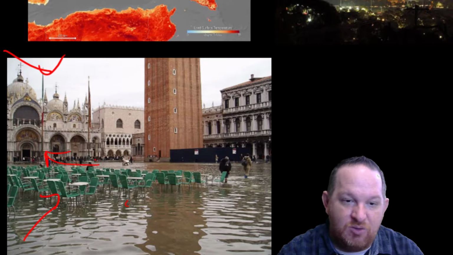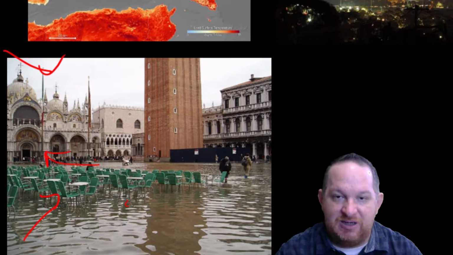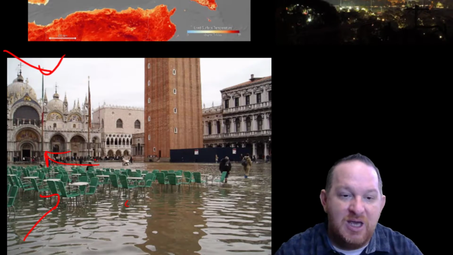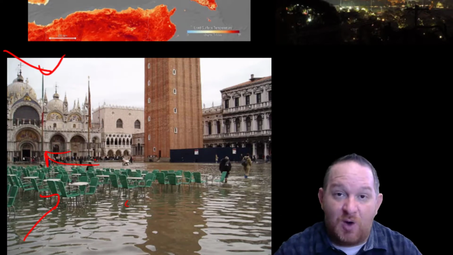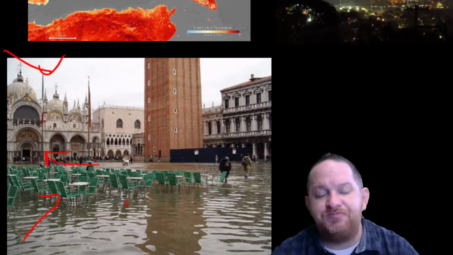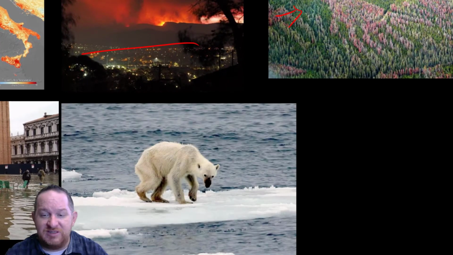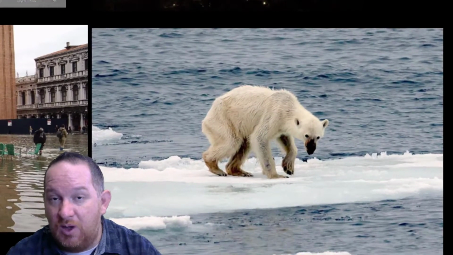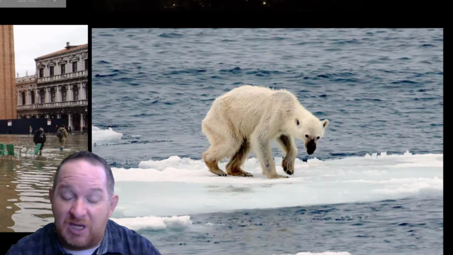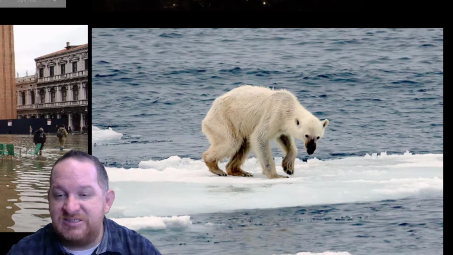So you can't even go into some of these buildings anymore without standing on these platforms or on planks because the water is just continuing to rise. So as our sea levels rise, because the warming temperatures melting the glaciers, then we're going to see more and more of this. And of course, the ice melting is causing problems to animals like polar bears who rely on this ice.